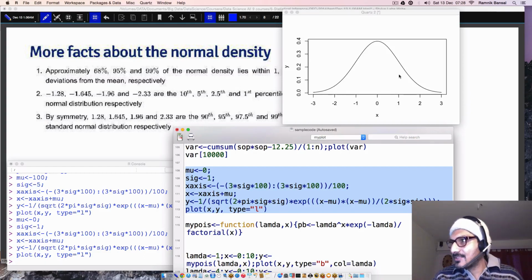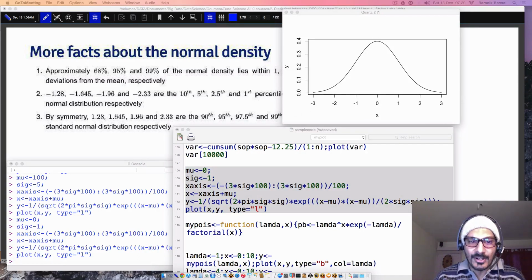Now this region here in this graph from -1 to 1 is 68% of the area under the curve. All right. This region -2 to 2 is 95% of the area under the curve. All right. And then this region -3 to 3 is 99% of the area under the curve. There's more curve that is flowing, we have not drawn it. Is this clear? So these are the three values here. So basically, you just want to kind of even mug it up.